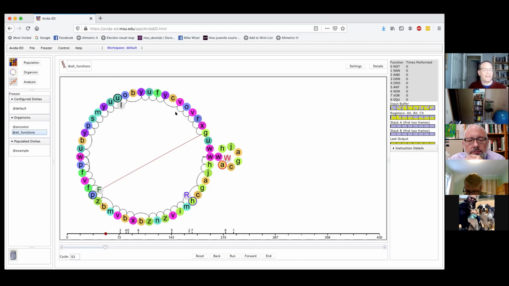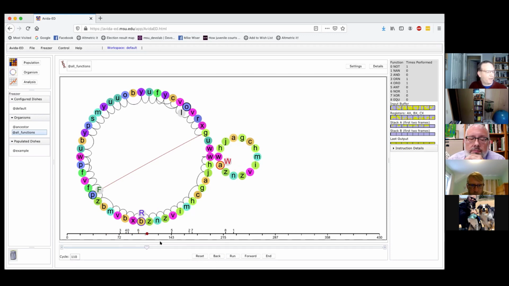One of the ways you can tell that is that these graphical representations here of the input buffer and the registers are changing. And you don't need to know the details of exactly what this means. These are graphical versions of binary numbers. So they have certain places they can store numbers. They have certain places they're taking in numbers. If it's yellow, it's currently a 1. If it's blue, it's a 0. So this is just the on-off thing. And if I'm running that, you can see that those buffers are changing because it's doing some computation.